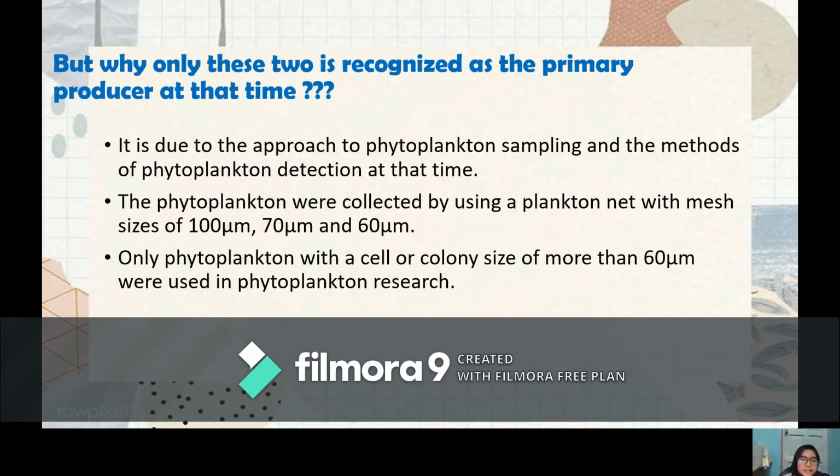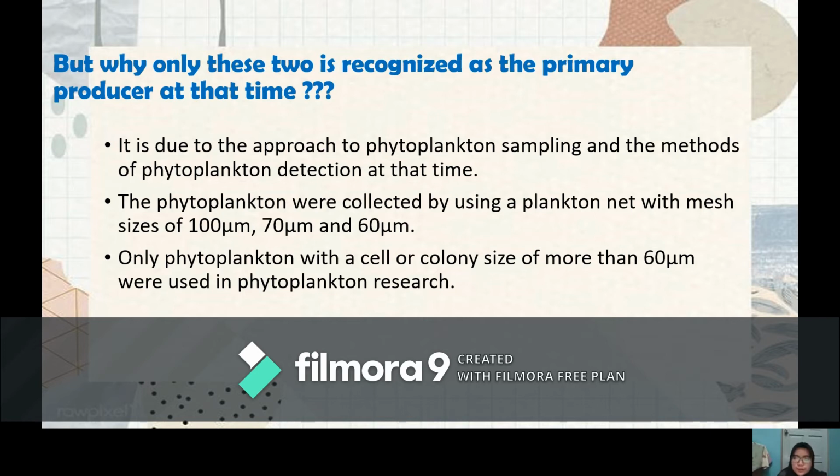Why were only these two recognized as the primary producers at that time? It is due to the approach of phytoplankton sampling and the methods of phytoplankton detection at that time. At that time, they only used plankton nets with mesh sizes of 100 micrometers, 70 micrometers, and 60 micrometers. That is why only diatoms and flagellates were trapped inside the plankton net. But then, with the development of